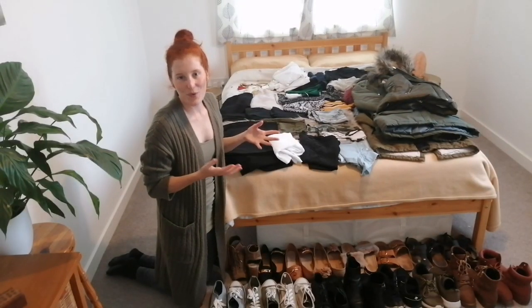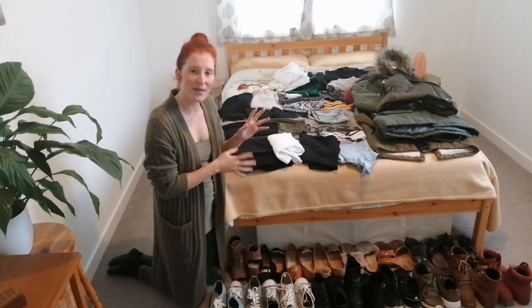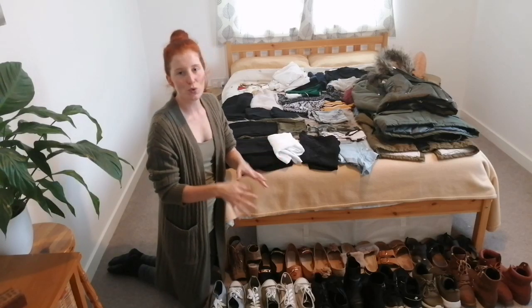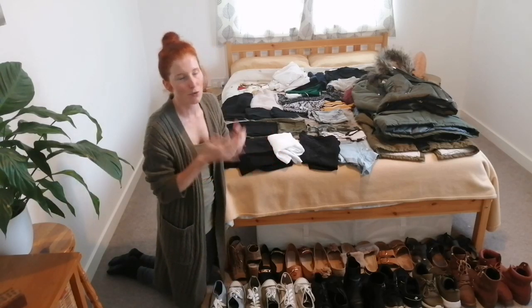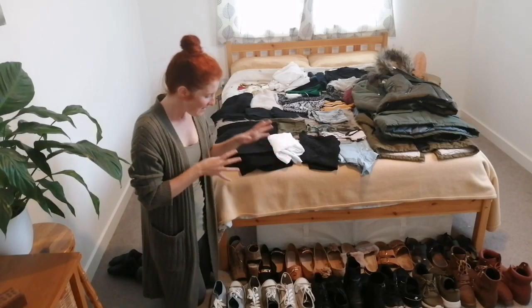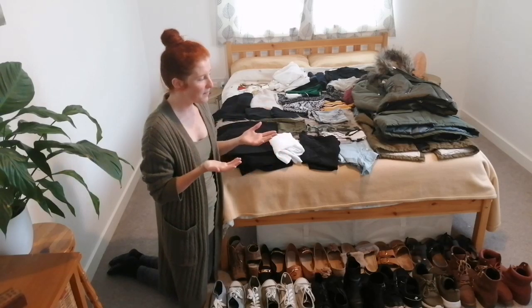Okay, so I'll briefly start with why so many pairs of shoes, but I won't go into too much detail because I have made videos previously on this, and the main reason being that I am moving more towards barefoot shoes or minimalist shoes or zero drop shoes. So that's my main reason for having this many pairs here. This is 17 pairs of shoes that I'm currently getting rid of, and I know that some people may think,